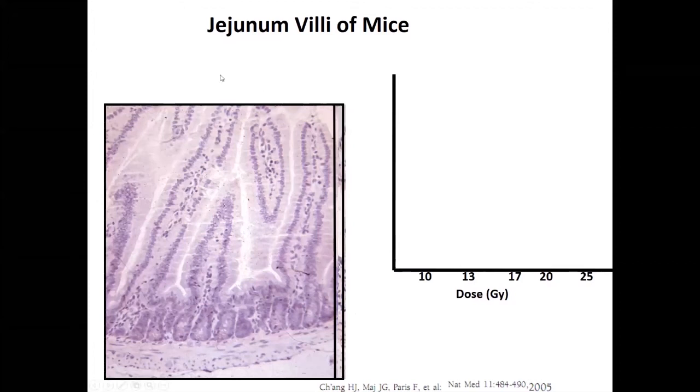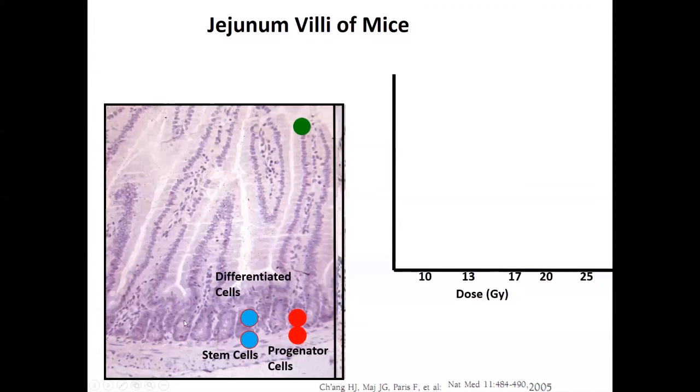So the last few slides. This is again a very interesting experiment. Just try to understand. Now this is the jejunum villi of mice. If you look at the normal physiology of jejunum villi, at the base we have crypts. In the crypts we have stem cells, which give rise to progenitor cells, which give rise to differentiated cells. These differentiated cells are basically the functional cells which go to the villi, perform their function and die. And this process continues.